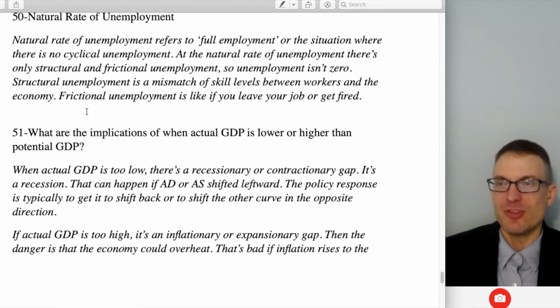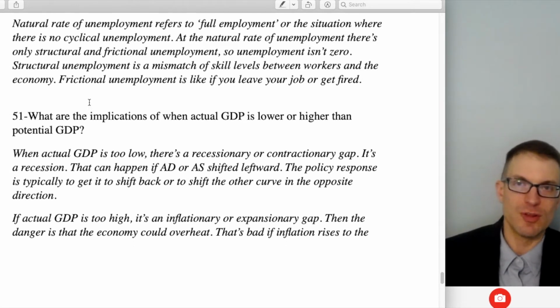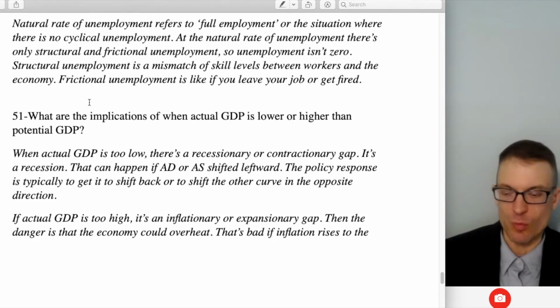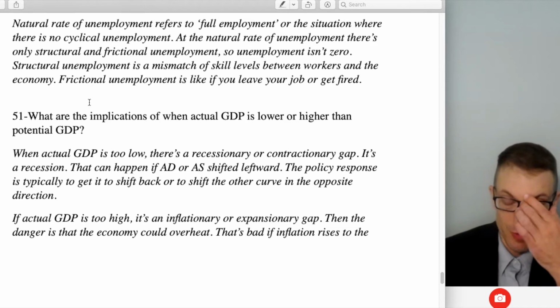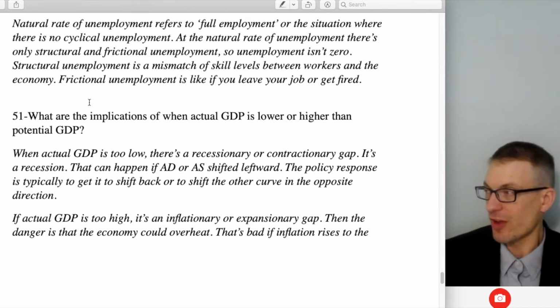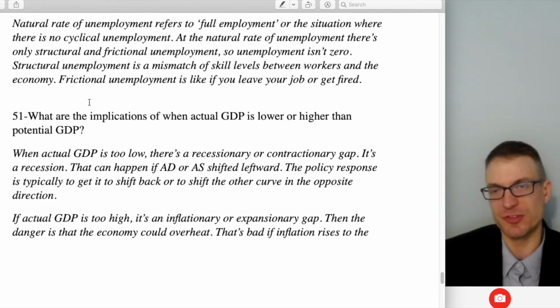Natural rate of unemployment. So natural rate of unemployment refers to full employment. That's a situation characterized by the lack of cyclical unemployment. Right now, due to the pandemic, most economies are in a recession or approaching recession. I guess we need maybe a couple quarters before it's formally described as a recession. But anyway, so we have rising unemployment. This is cyclical unemployment. This is due to a reduction in economic activity. It's sort of the trough portion of the business cycle.